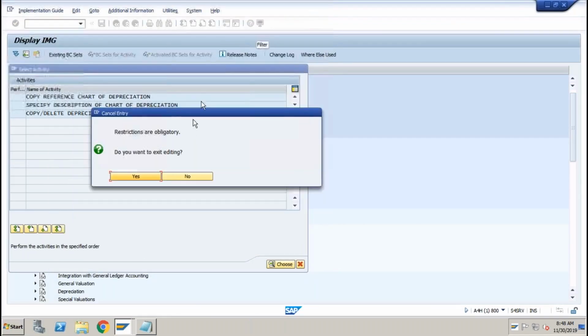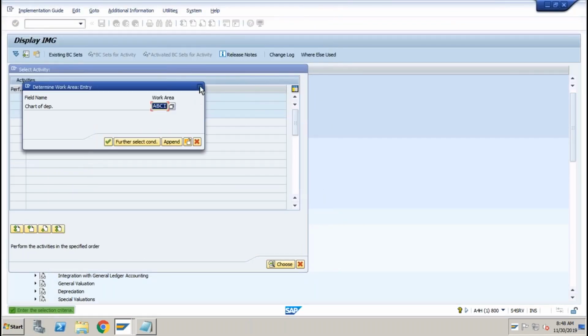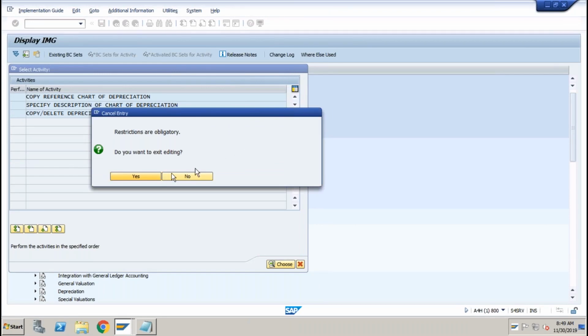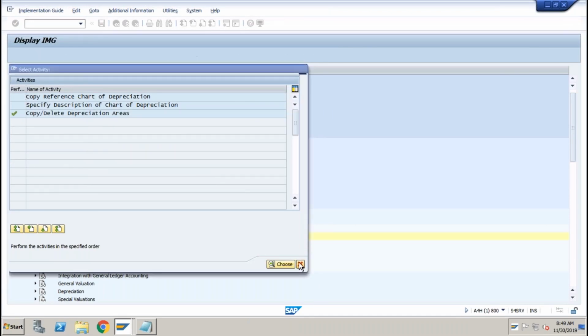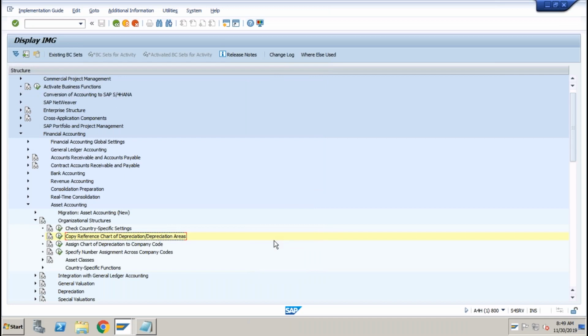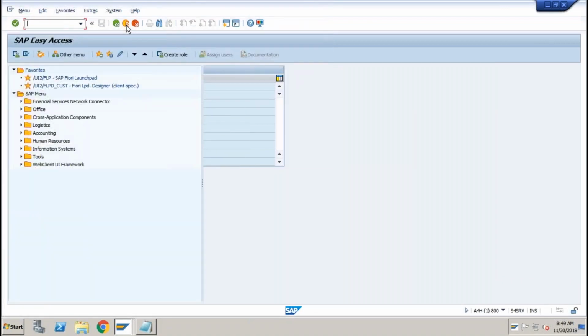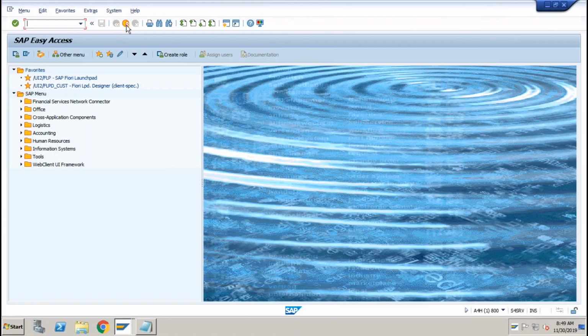Okay. So this is how you need to post the depreciations in SAP S/4HANA system. Now the next thing is, if I want to see the report, what is the net book value at this point of time? If I want to know the total net book value, one way is to go to AW01N, but that is one asset at a time. If I want to see the report for thousands of assets at a time, like what was my acquisition value, how much depreciation is already posted, and what is the remaining value of that asset, then I can go to